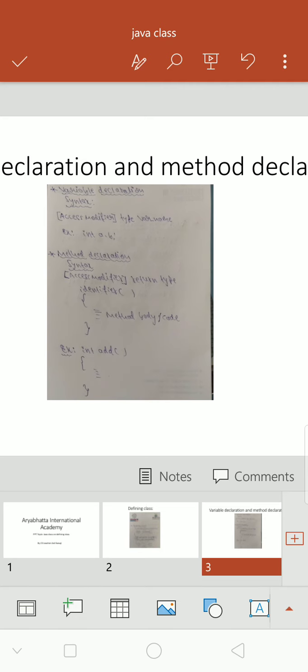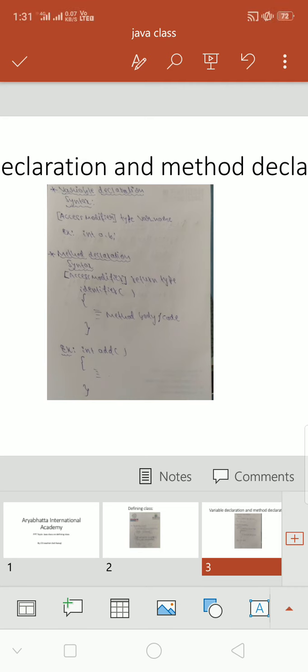Now I'll explain with an example. See, in the example, int add. Access modifier is optional, I already said. By default it is public. Return type is int. Identifier is add.